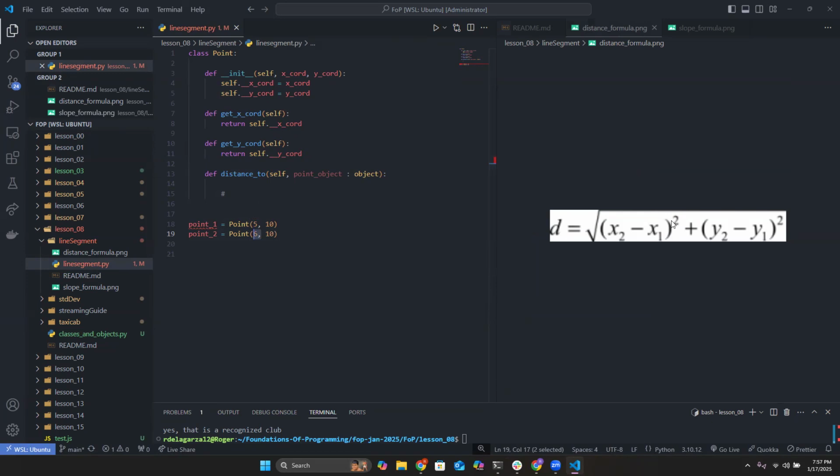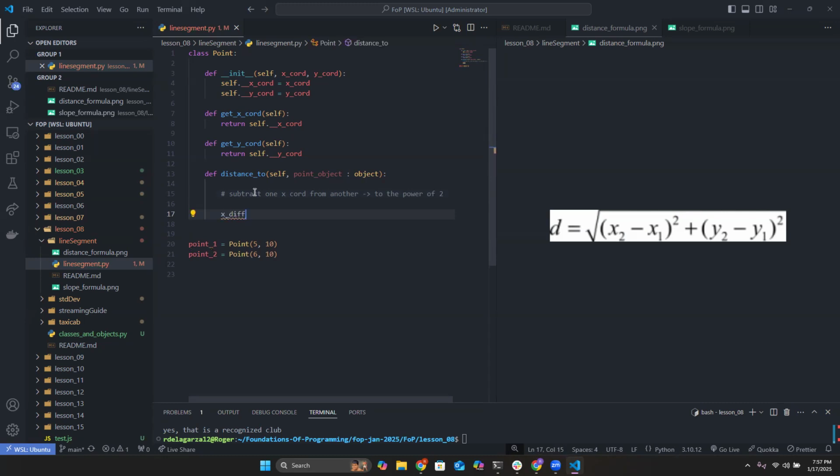And then we do it to the power of 2, right? So we're going to do that. Subtract 1 X coord from another, and then to the power of 2. Whatever helps you understand what you're doing. And I'm going to call this X diff, right? So I know the difference between these two, right? X diff is going to equal to